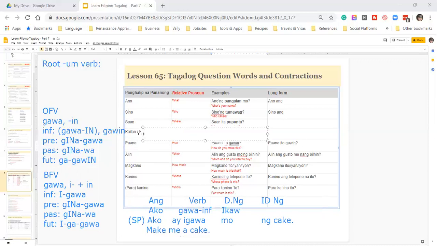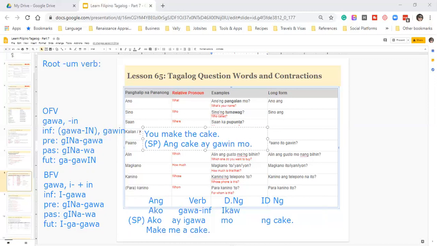So if we will use the infinitive form of gawa, it will be like this. I will make the sentence very quickly. You make the cake. So, in Tagalog, gawin mo ang cake. We are talking about what's gonna happen to the cake. I'm gonna turn this into SP. Sorry, I jumped right away into PS. That is why I want you to get used to doing SP first. Ang cake ay gawin mo.